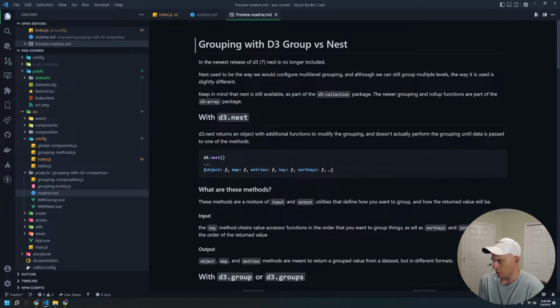Okay, so I want to go over how we've done the hierarchies before using the nest method for D3. As time went on, D3 updated and nest was taken out. Now it's still available. It's part of the D3 collection package, whereas the new grouping functions are coming from